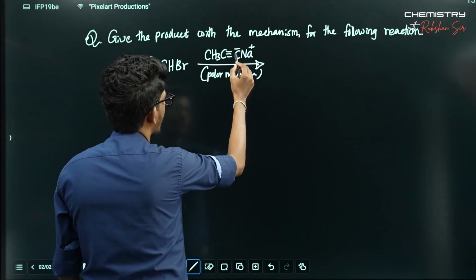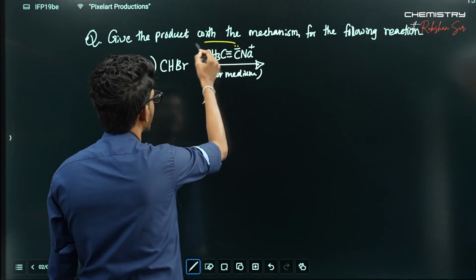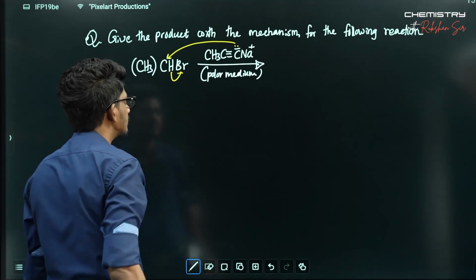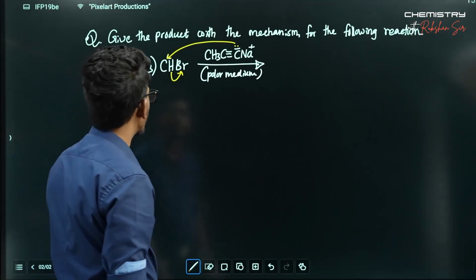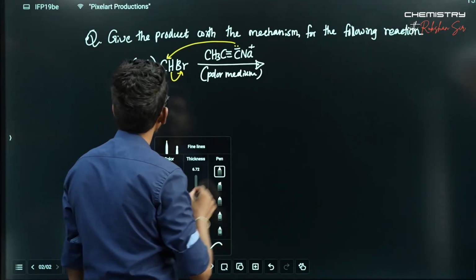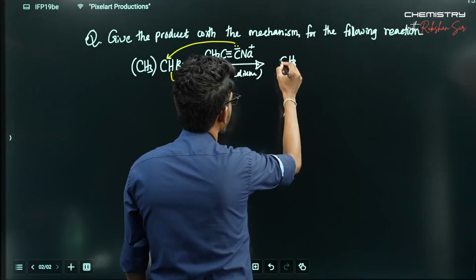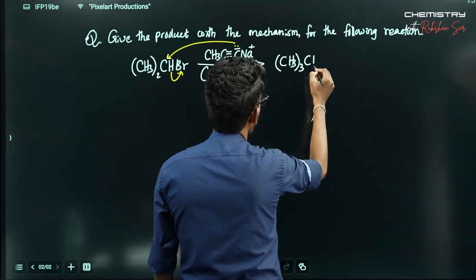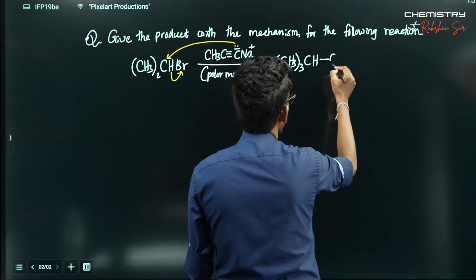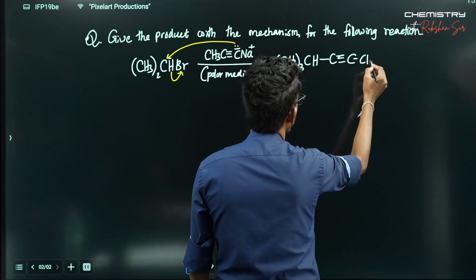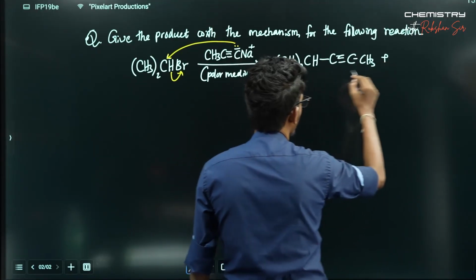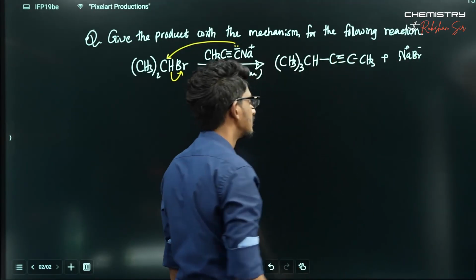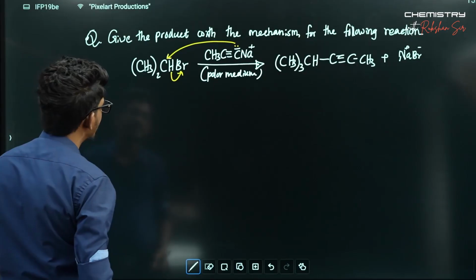So the electrons in this carbon will attack here, and this one will leave. That is the idea. So the product is going to be, so two of these, that carbon will connect to this nucleophile, and the Br minus will leave as NaBr. This is the product. So if they have asked you to come up with the mechanism,